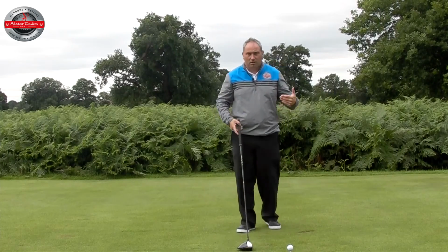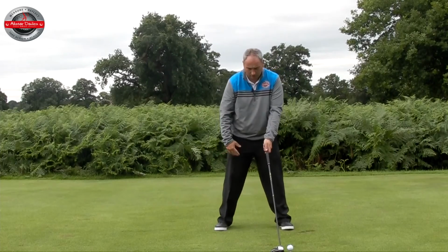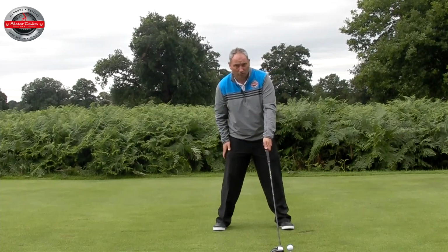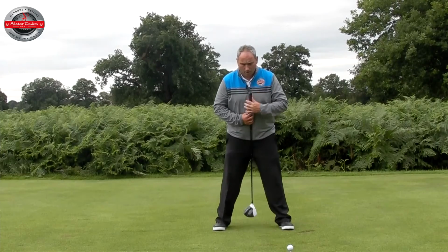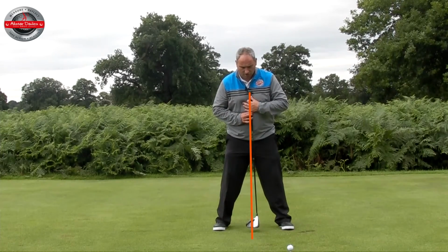So the difference is with a driver, we're going to have the ball position opposite the left heel, and we're going to have a wider stance and the weight on the right foot, 55%. We're going to have our sternum behind the golf ball, sort of in the center of the stance as such here. Now, with an iron,